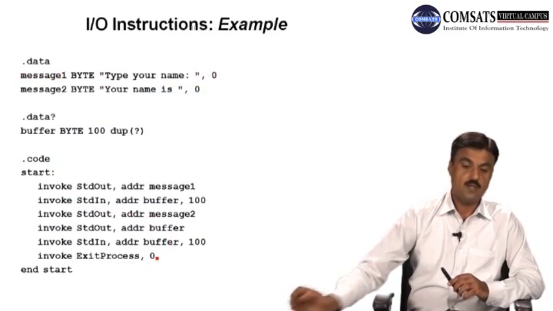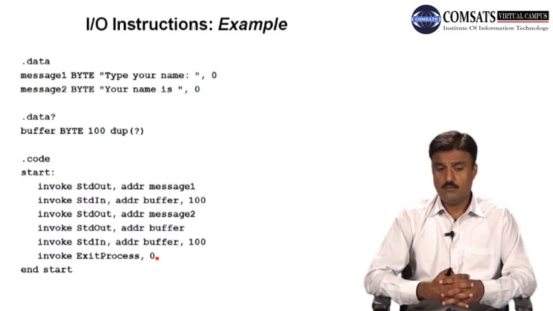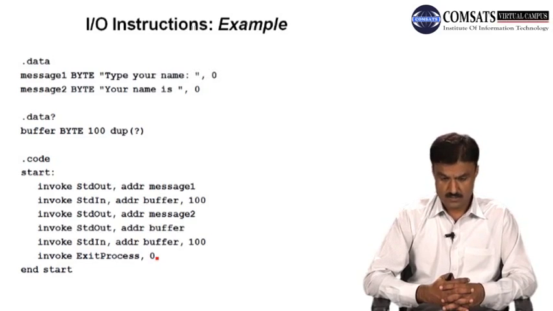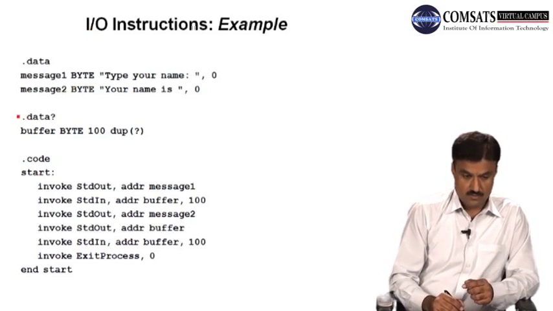There is no return value. Here is an example. Here you can see we have used two messages, message 1 and message 2. So these two messages will be used. And one thing you can note down here,